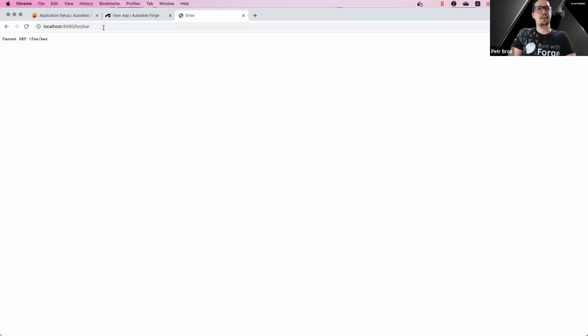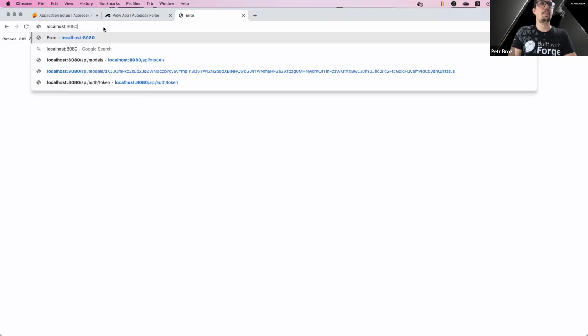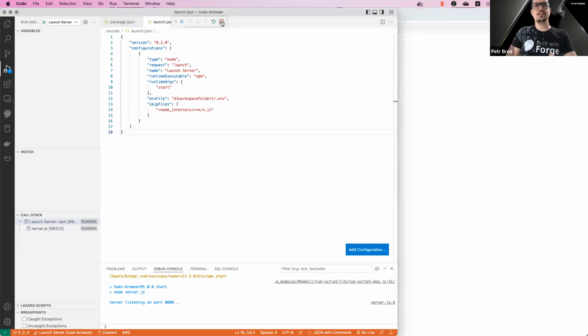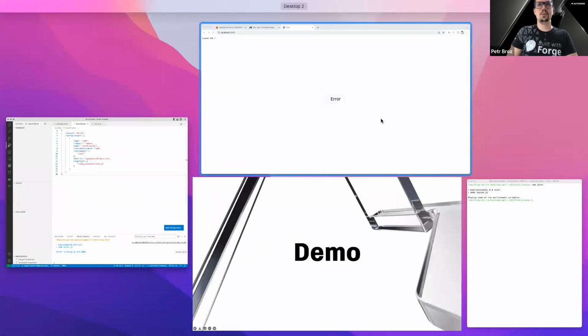If I try and go to /foo/bar, that's the same thing. The Express server does not know what I'm asking for, what the browser is asking for. All right. So our app is running. That's good. And we can move to the next section, which is